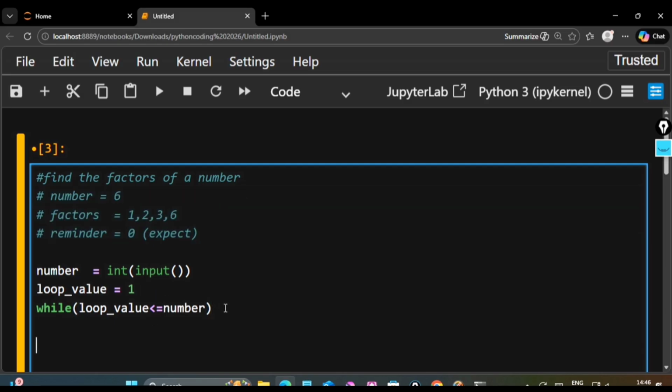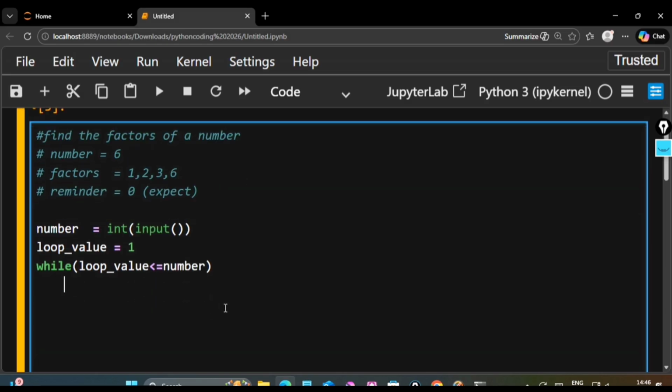That means how many times it will iterate. To check the divisible numbers 1 2 3 4 5 6, up to 6, I need to check the condition. Then inside the while loop I have to take the if block,